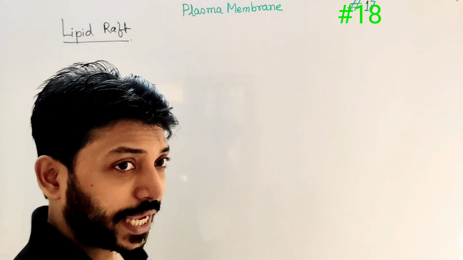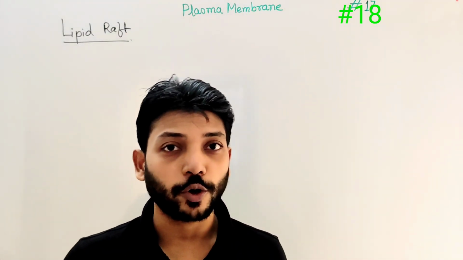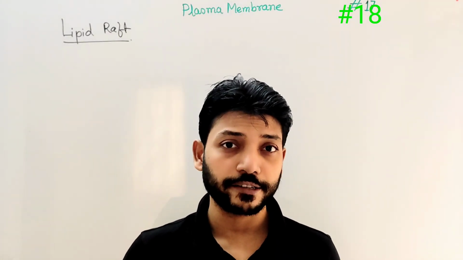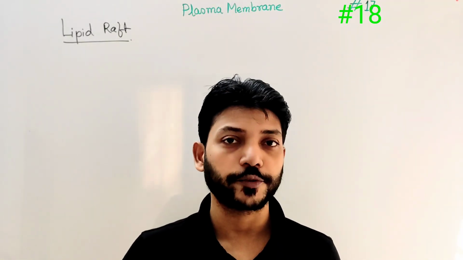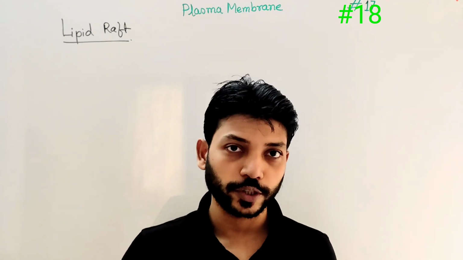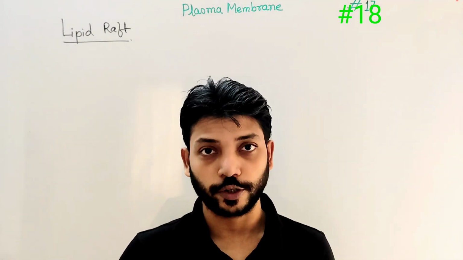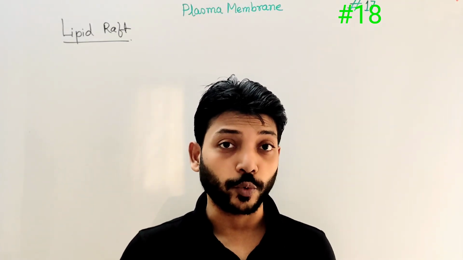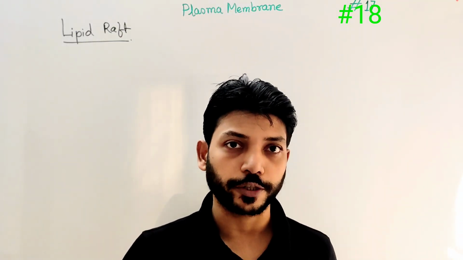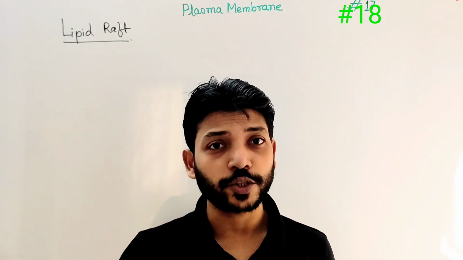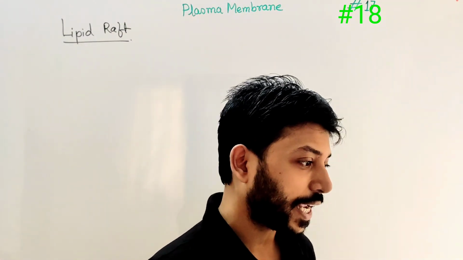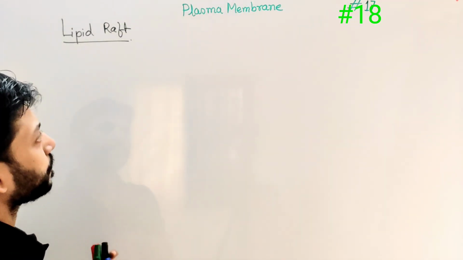Now the plasma membrane can be seen as an ocean of lipid molecules, because I have mentioned that in the plasma membrane there are three major categories of lipid molecules present: phosphoglycerides, sphingolipids and cholesterol. Now the question is whether these lipid molecules are well organized or well ordered, or they are just randomly mixed with each other. The first hint comes when scientists extract